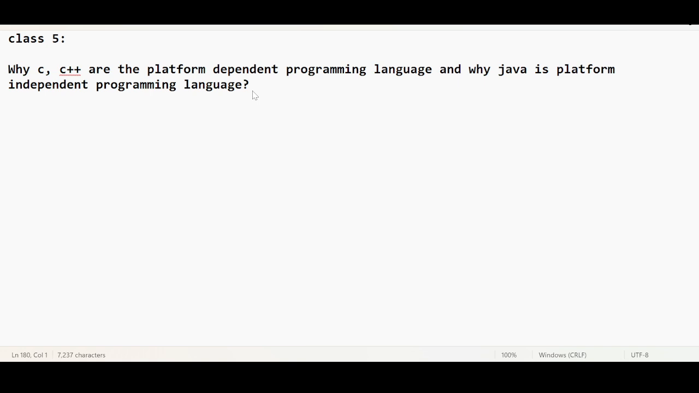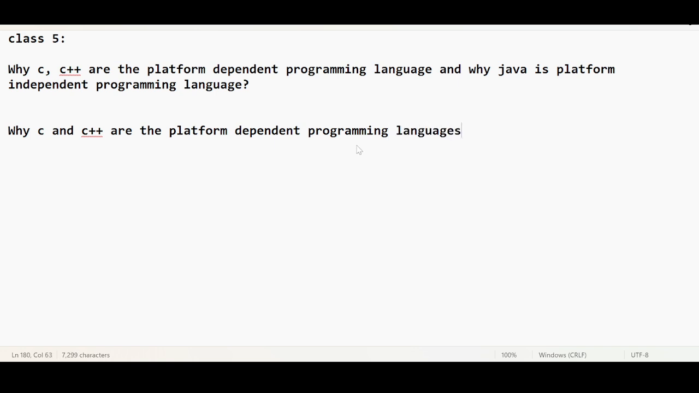In order to understand this, I want you to put some attention here. Theoretically, let us draft the question: why are C and C++ platform dependent programming languages? I'm taking a sub question. The answer could be very simple. Theoretically, it will make some sense. So what does the theory say? If any programming language